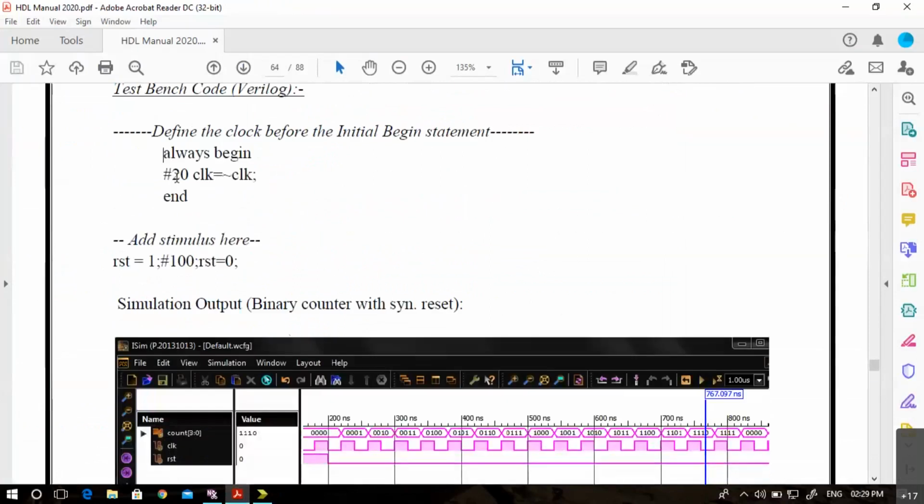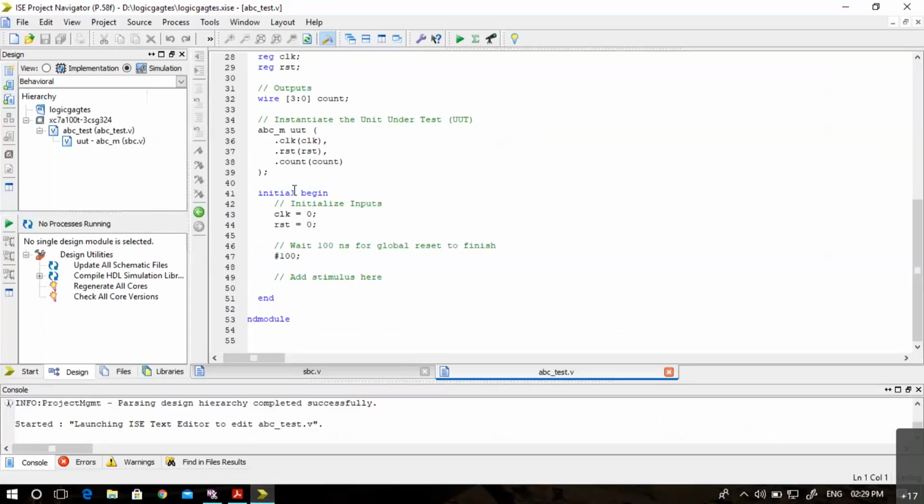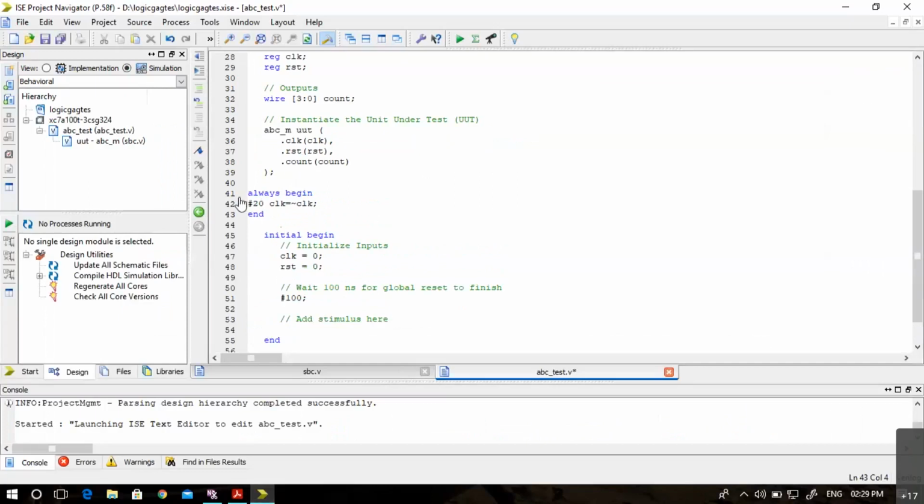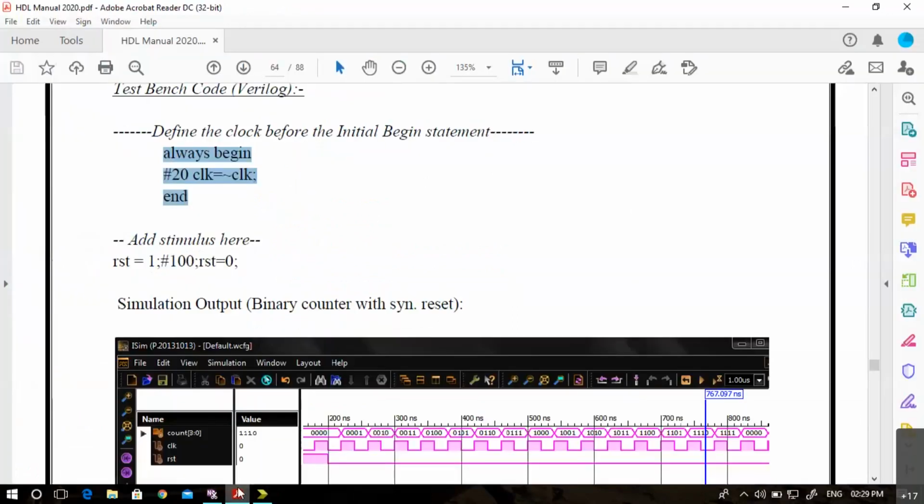So first is the clock code. We can add it anywhere. Here also we can add. We can indent for the sake of uniformity. Then let us add stimuli. Stimulus is only the reset.